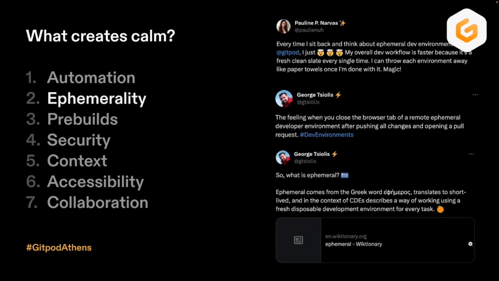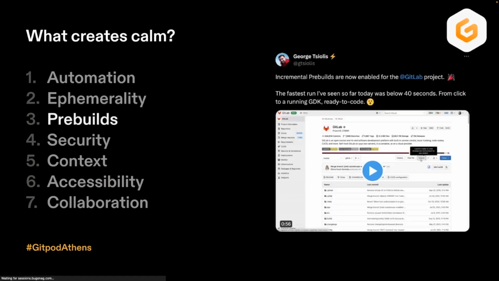The second is about ephemerality. We used to be close to our development environments, trying to maintain them, and with cloud development environments, we can actually create as many of them as we like, and we don't need to care much about what happens to them. Sometimes they get deleted, we'll see this later in action. And it feels really good when you just close the browser tab or close the web browser locally, and you don't need to carry in your mind what happens to the development environment. Do I have to update it? Do I have my application, and what happens there?